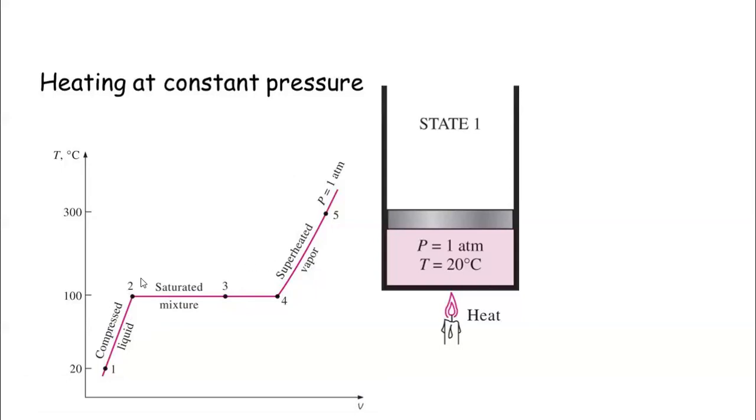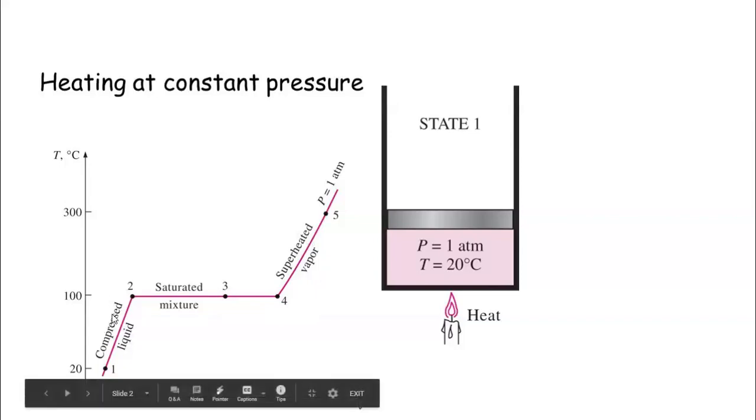So let us revise this again. What is saturated liquid? Saturated liquid is a liquid which is about to boil. It is at saturation temperature. What is dry saturated steam? Dry saturated steam is the steam which does not contain liquid water and which is at saturation temperature. What is superheated steam? Superheated steam does not contain liquid water, but its temperature is above the saturation temperature. What is compressed liquid? Compressed liquid is liquid water, but its temperature is below the saturation temperature.